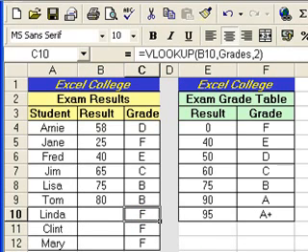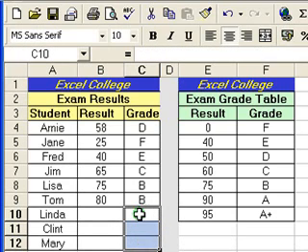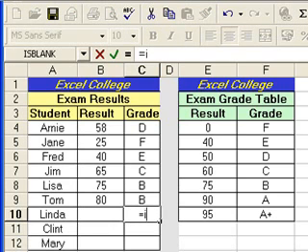So at the moment we've got this equals VLOOKUP in there. I'm just going to delete those formulas out of those cells, select C10, which is where I want the result to appear, and start to type out this new formula, which is equals IF, open bracket or parentheses, and then we type ISBLANK. And what we're asking Excel to do is to look at the cell B10 in this case and see if it's blank. So we put that value between brackets, so ISBLANK(B10), and then we do a comma,